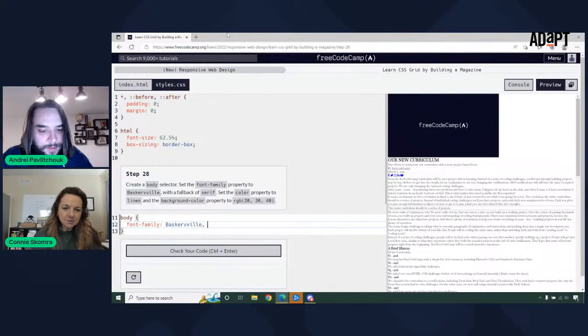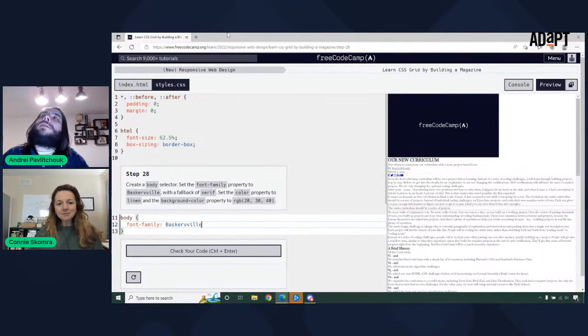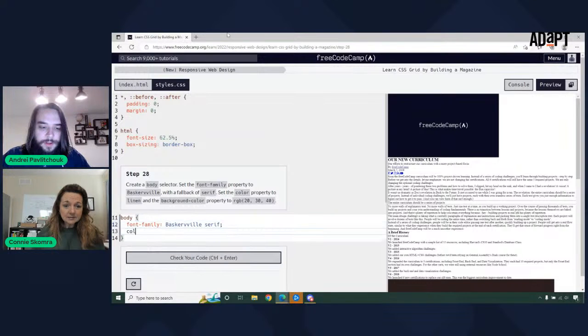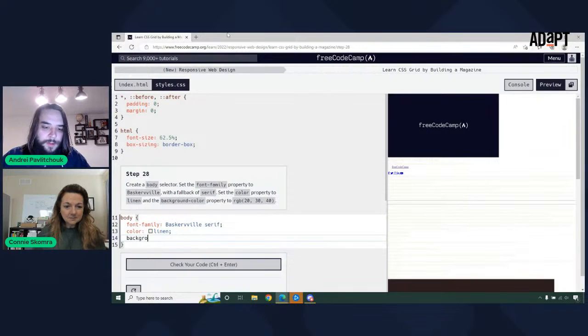Yeah, that's interesting. What was fallback? How do you know fallback? I think it's just a space actually. Serif. Color linen, and the background color to be